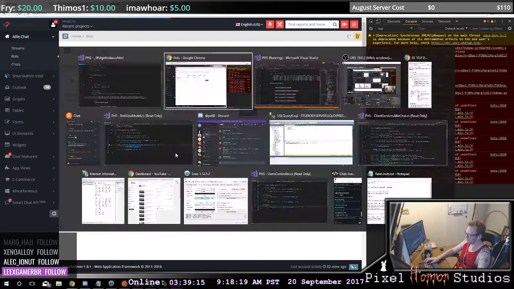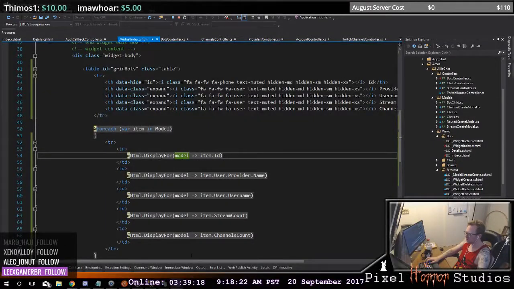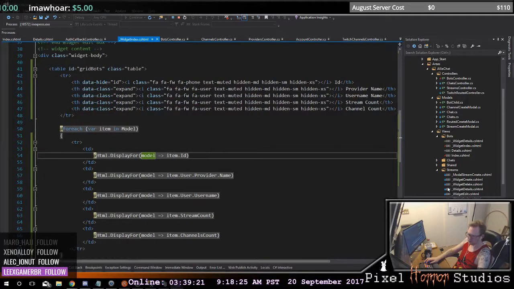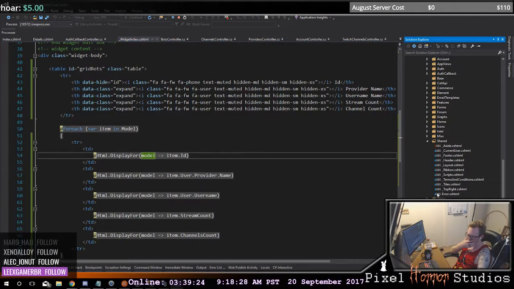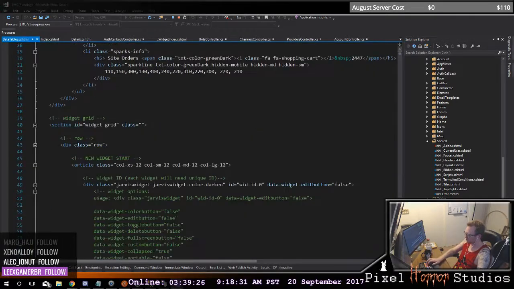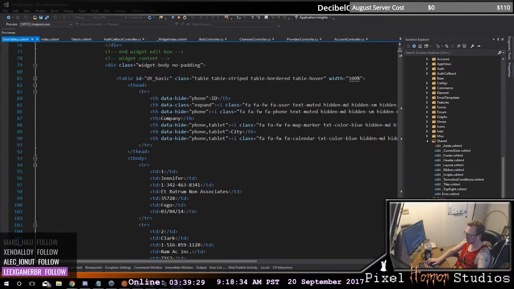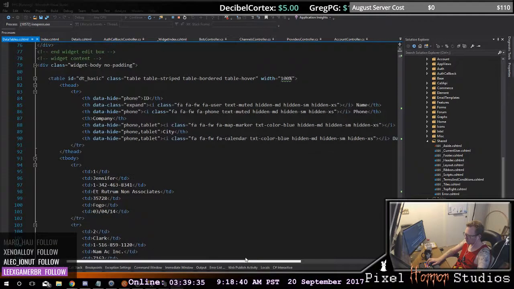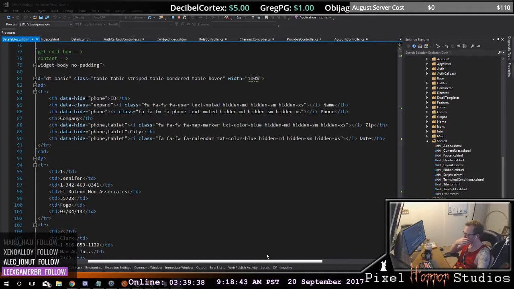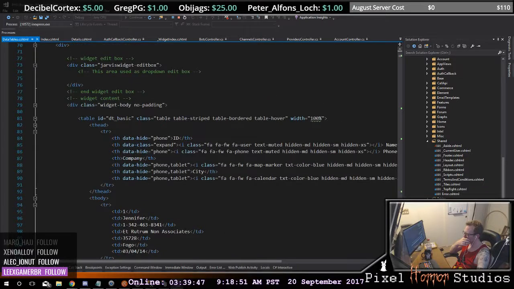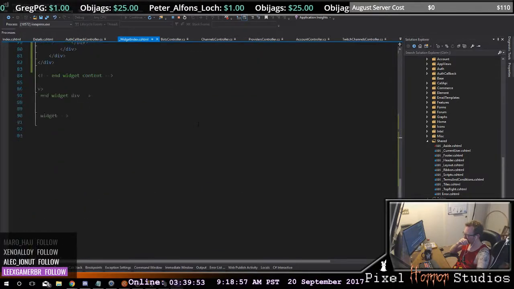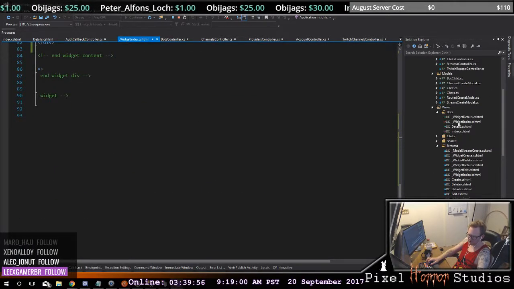So close. So I think I have an example here. If I look in views under tables, I can look at data tables. You forgot DT basic. If you look back here,